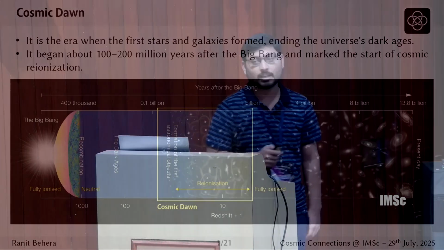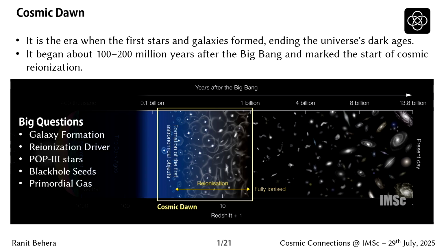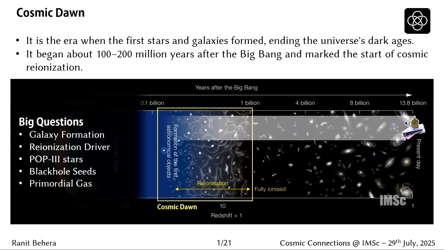These simulations are aimed at producing the first set of galaxies in cosmic dawn. There are some big questions in this period which people are asking. We want to explore whether the conditions under which these galaxies formed, evolved and affected their environment are similar to the present local universe or different. Since we now have observational data from JWST, we can compare the results, and if needed we can improve